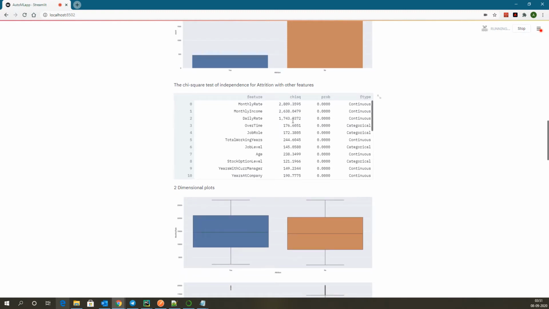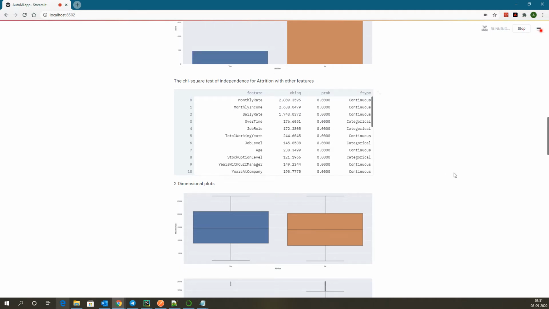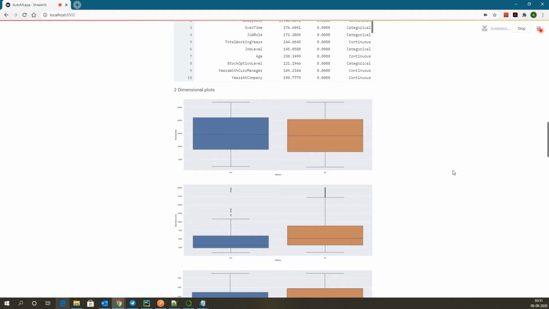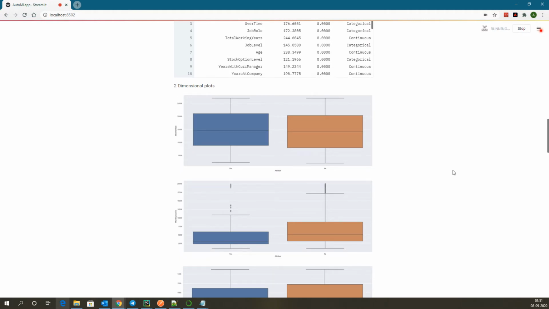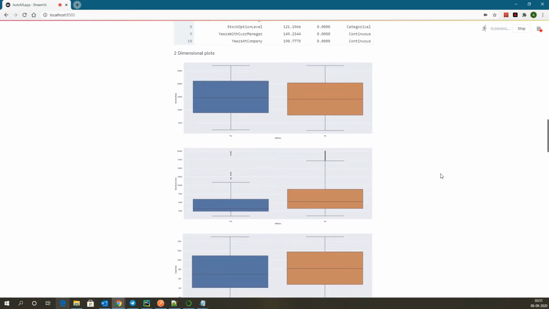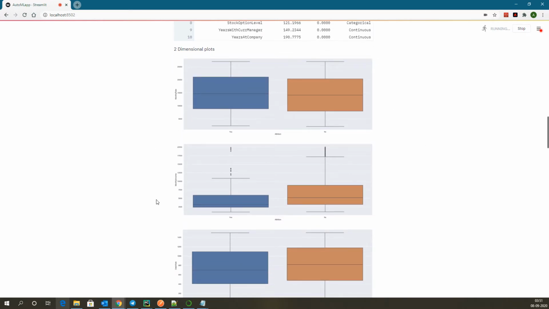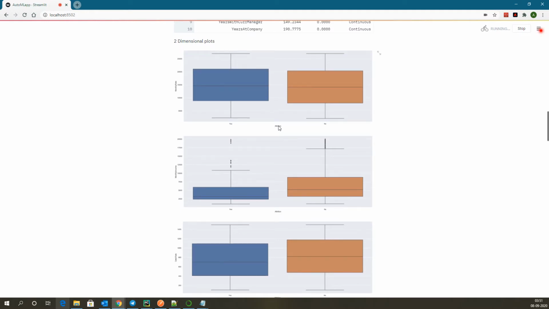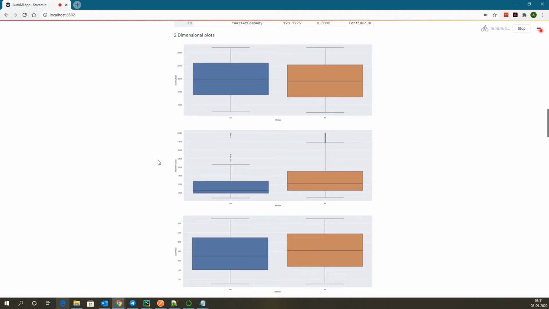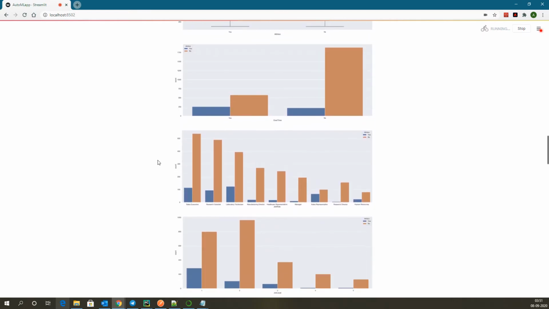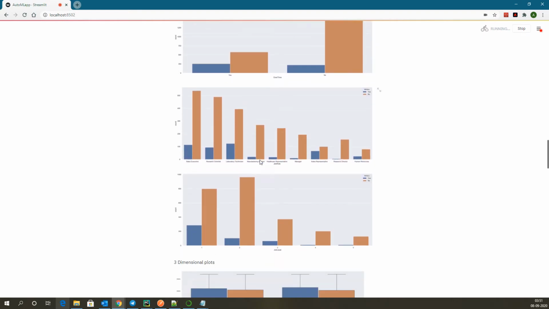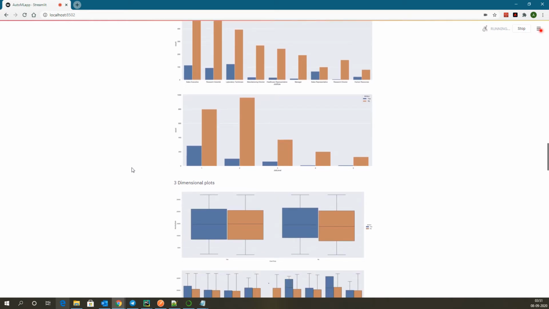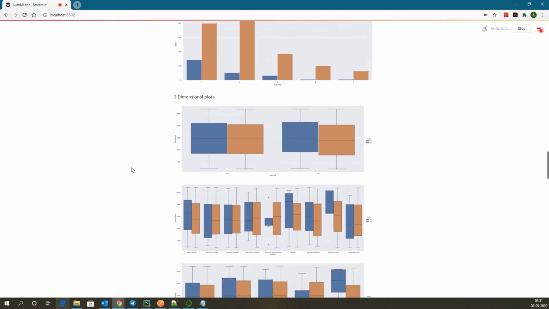Based on these chi-square values, I'm identifying my top three or four different features, both in continuous as well as categorical categories, and plotting these two-dimensional and three-dimensional plots. So right now you see a box plot with the target on the x-axis and one of the independent features on the y-axis. It does have histograms also, and you can see some trends easily being caught in the plots.